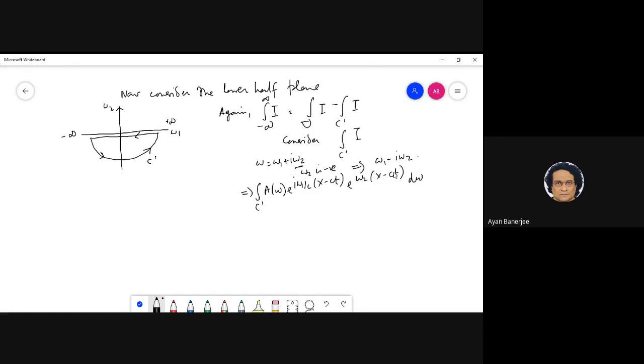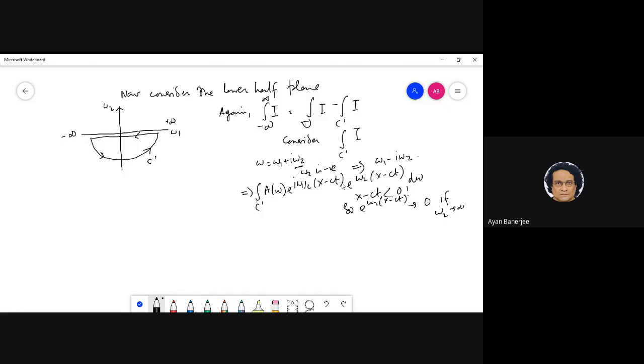So now, does this part diverge? It will not diverge because this is less than 0, right? So that's the thing: it tends to 0 if omega 2 tends to infinity, right? So now my contention is that if this is not less than 0, then actually this diverges. Right? So therefore there is a huge problem. You do not get a solution even then.